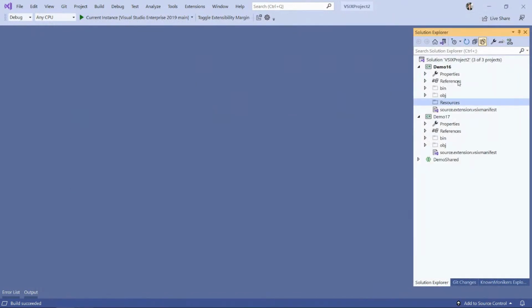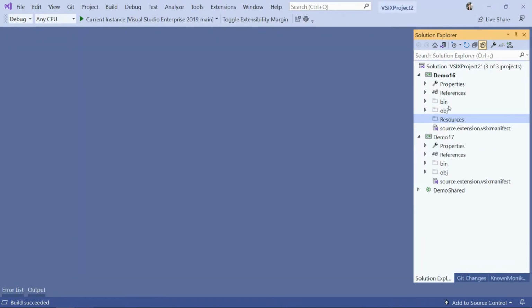A shared folder is basically a kind of linked files. So it's kind of a bucket where my head projects will take the code and compile it into that project like it was part of the project itself. There is no output from a shared project. The shared project doesn't compile. It kind of is just a bucket that holds code, right? And so that's exactly how the toolkit is built as well.